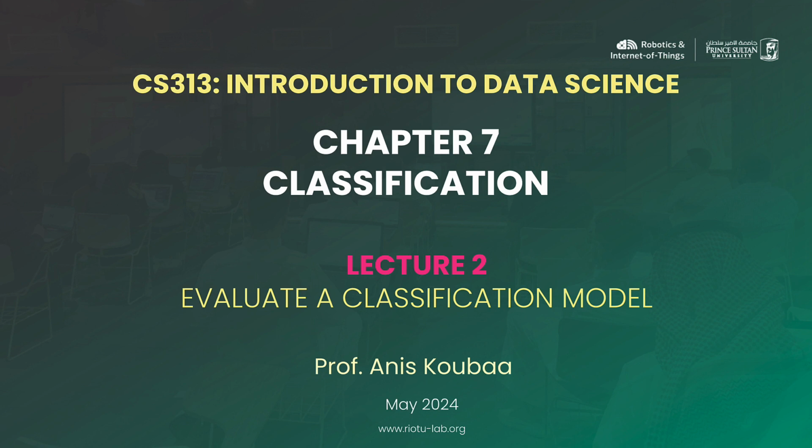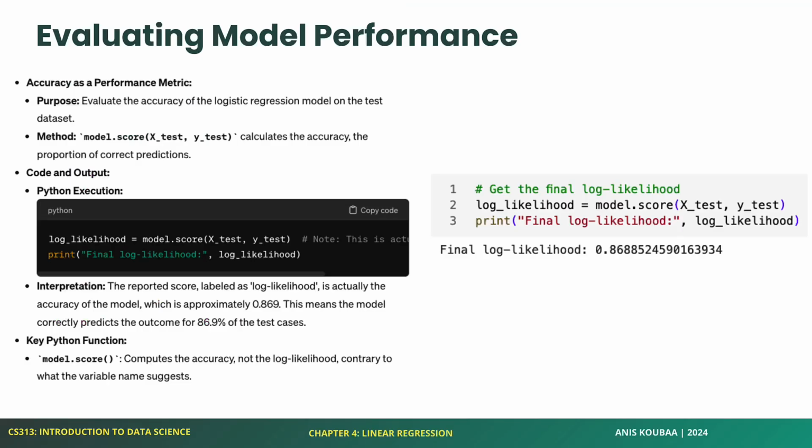So this is the second lecture in chapter 7 about classification. In the previous lecture we introduced the concept of classification and the different techniques for classification models, and we started with logistic regression. In logistic regression we introduced the concept of the likelihood function and also how to train a model. So if I go back to the previous lecture,